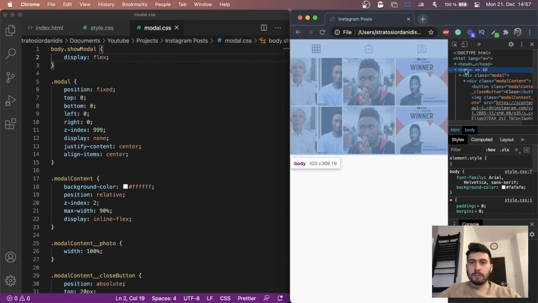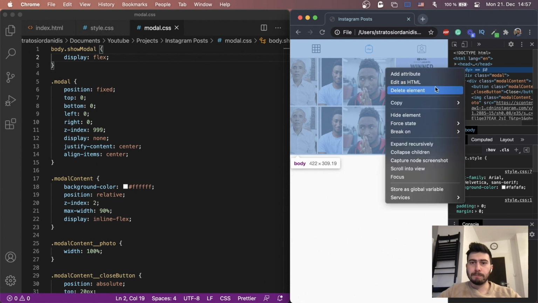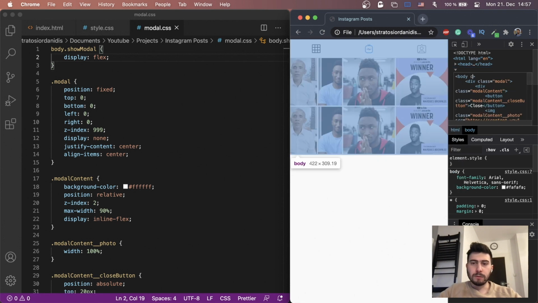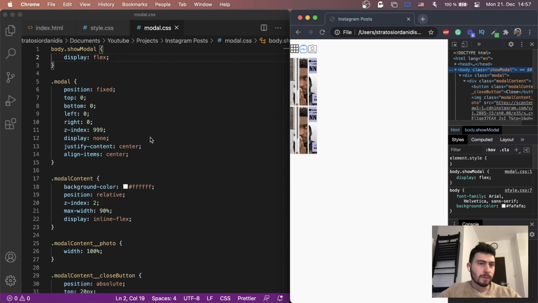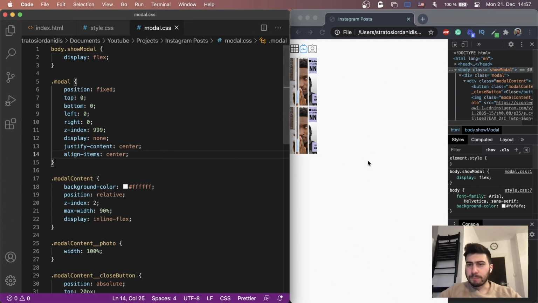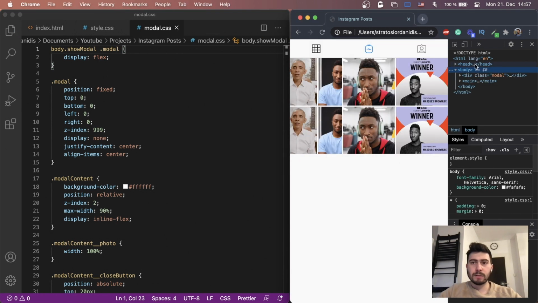So if I go here to Chrome and actually edit the body and give it a class of show model, we should be able to see our model, or maybe not, because it looks like there is a mistake. The mistake is, and that's a good mistake, sometimes you're going to do this while coding, that now I put the display flex class on the body, and not on our model. So I have to also copy this class and put it here,